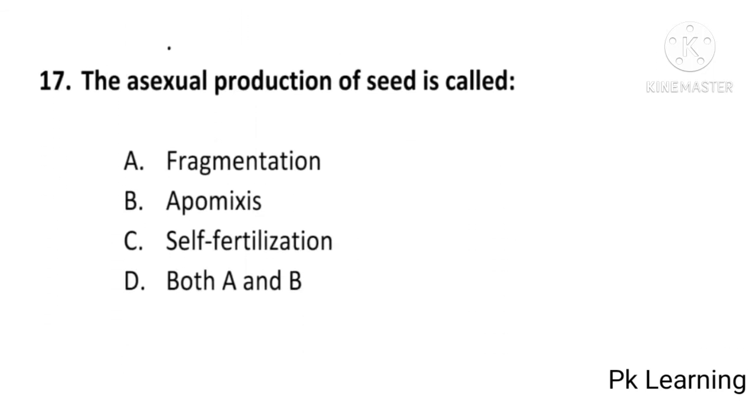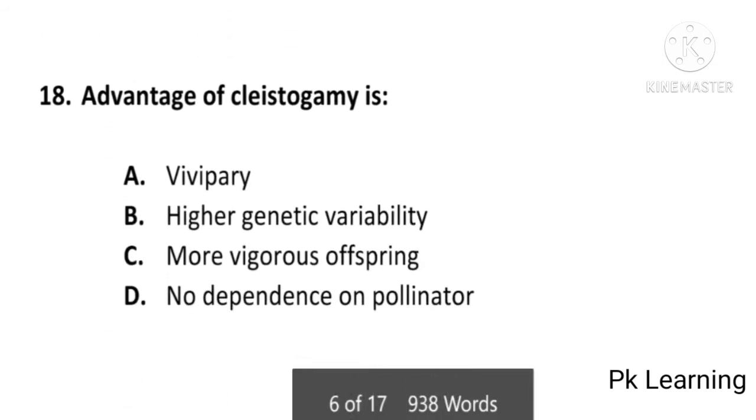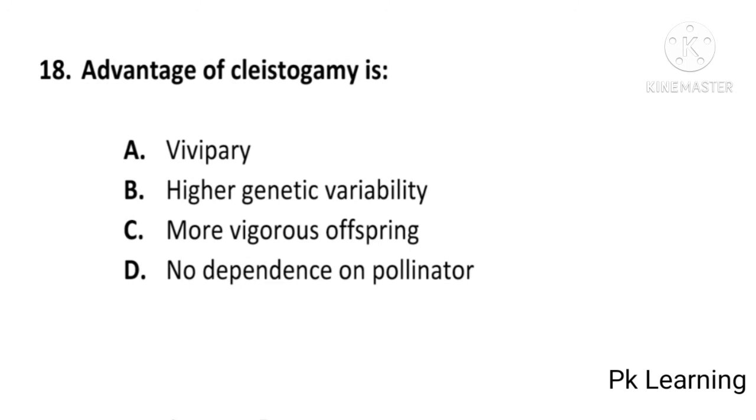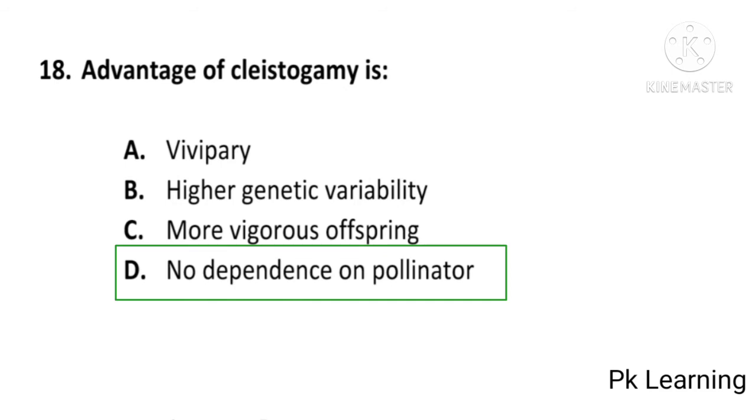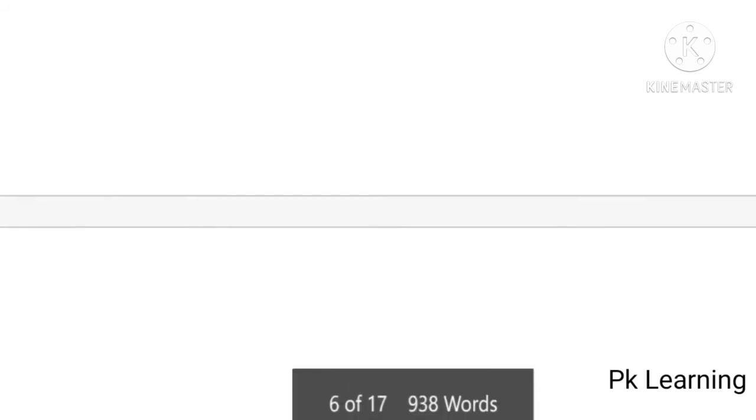the asexual production of seed is called fragmentation, apomixis, self-fertilization, or both A and B, and the answer is B, apomixis. Asexual production of seed is called apomixis. B is the correct option. And the next question is the advantage of cleistogamy is vivipary, higher genetic variability, more vigorous offspring, or no dependence on pollinator, and the answer is D, no dependence on pollinator. Advantage of cleistogamy: no dependence on pollinator. D is the correct option. And the next question is